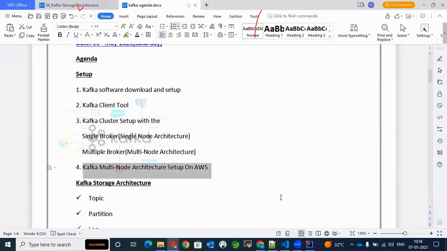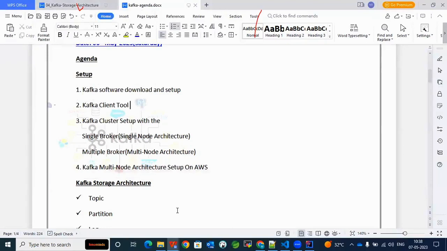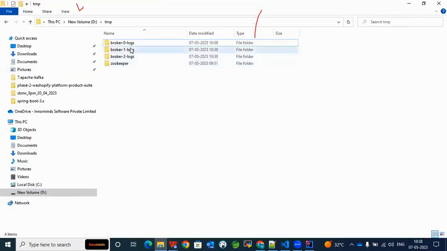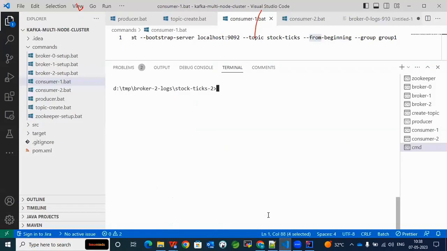Correct. Okay, sir, one question, sir. If the leader broker itself becomes down, then how will it work? If the leader broker is down, then zookeeper will elect one of the other brokers as a leader. Okay, for example, if we can go here, let me